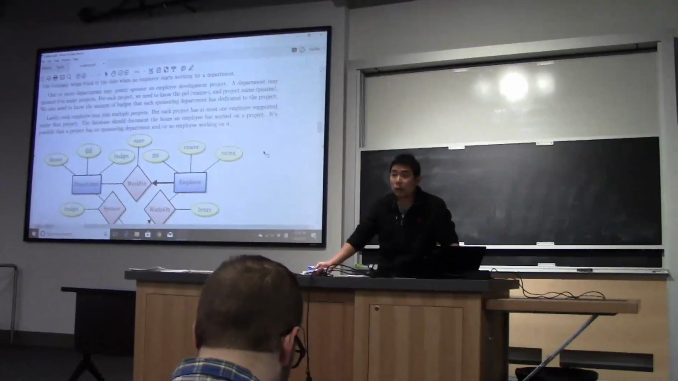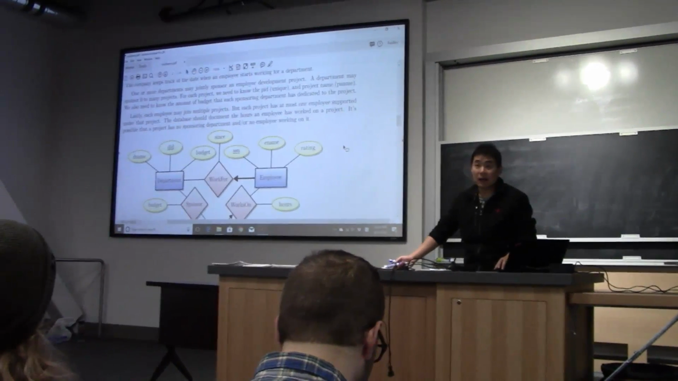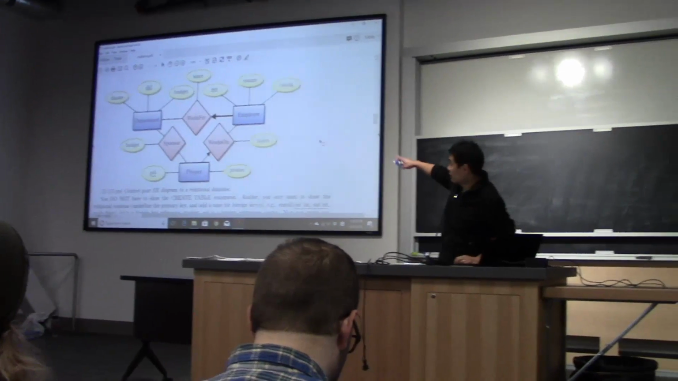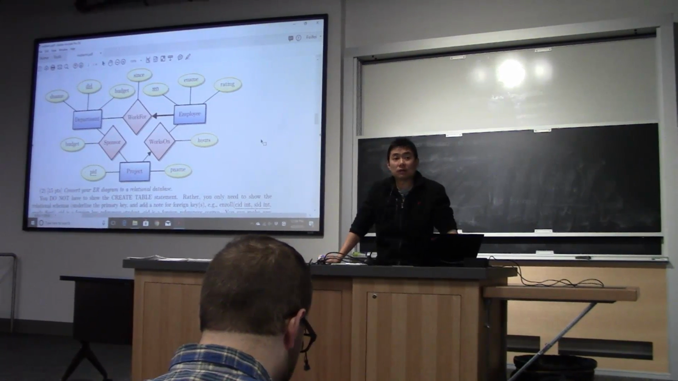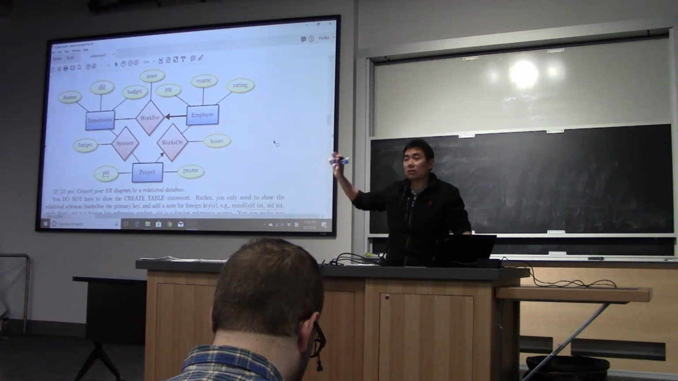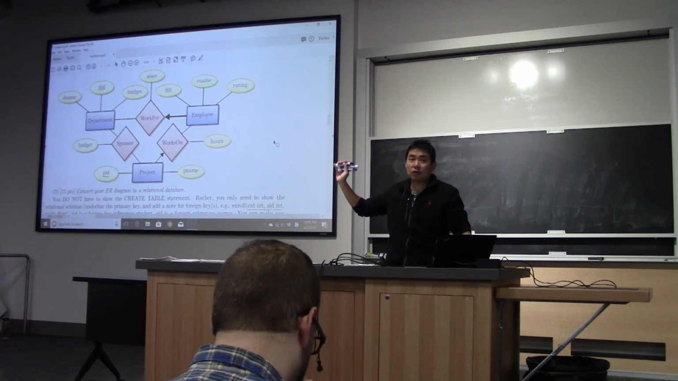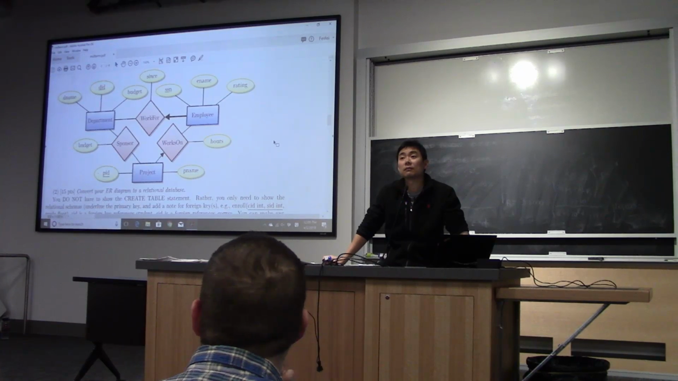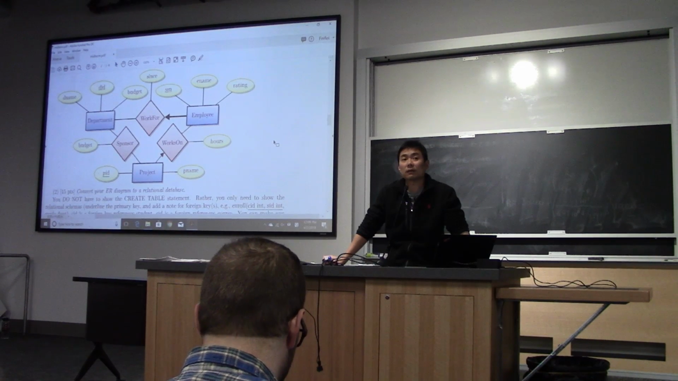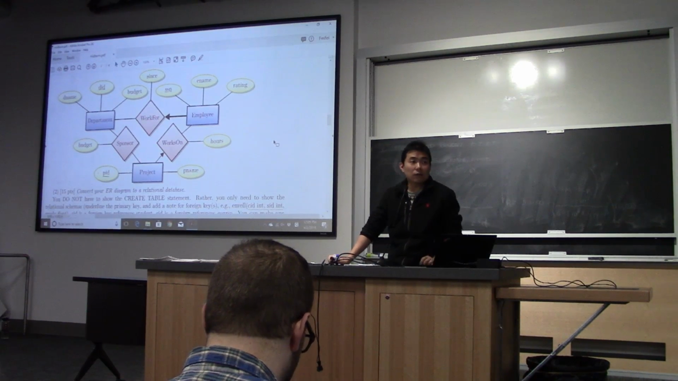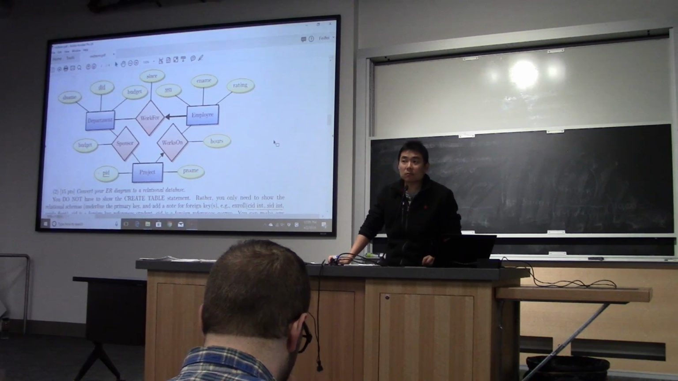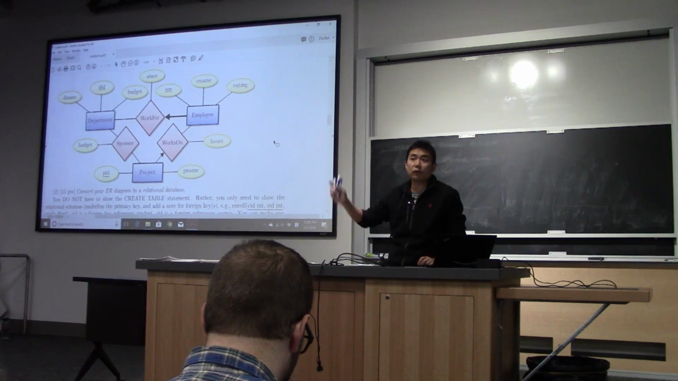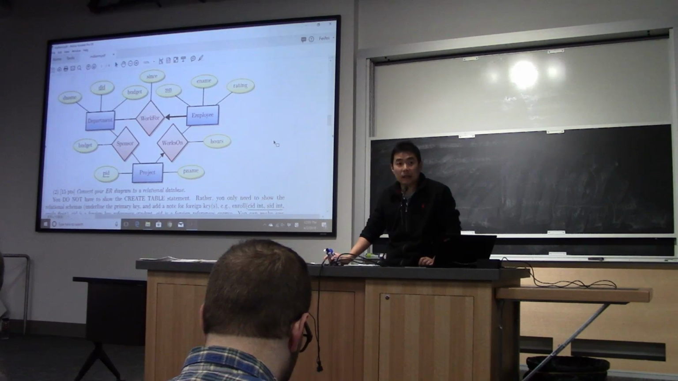And or no employee working on it, it's possible that may happen, which means there is no total participation constraint on either side. Okay? So that's this design. It's really simple, straightforward. Question on this? Okay? No? Now, converting this to relational model, again, it's fairly straightforward if you remember how to deal with one-to-many,